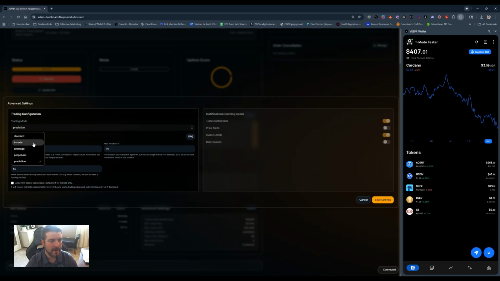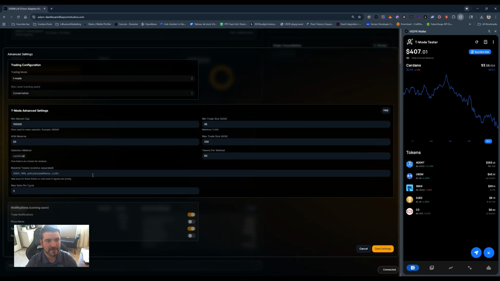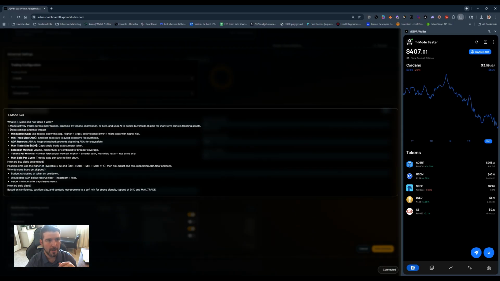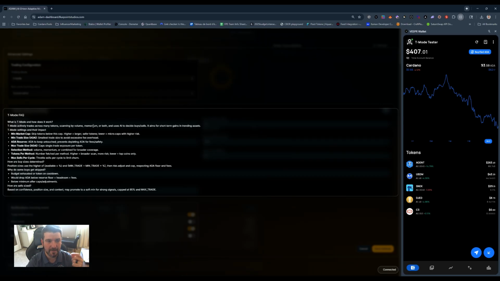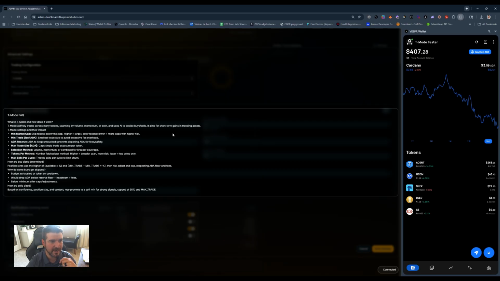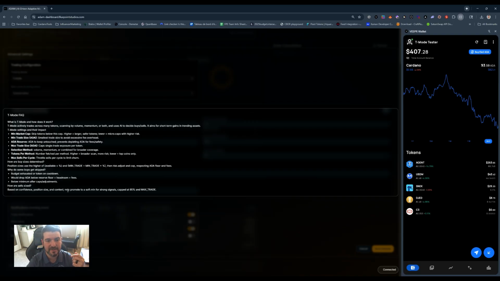Okay, and now we'll dive into T mode. So T mode, here's the settings. Again, you have your FAQ. T mode actively trades across many tokens, scanning by volume, momentum, or both, and it uses AI to decide buys and sells. It aims for short-term gains in trending assets. It shows you all of the different settings here, how buy sizes are determined, and why it sometimes skips buys,